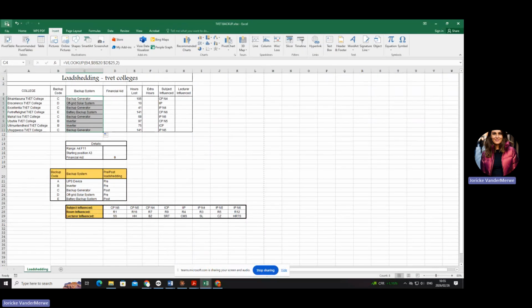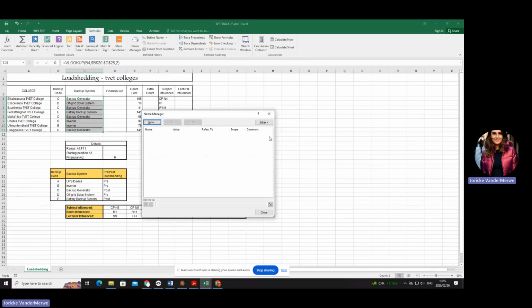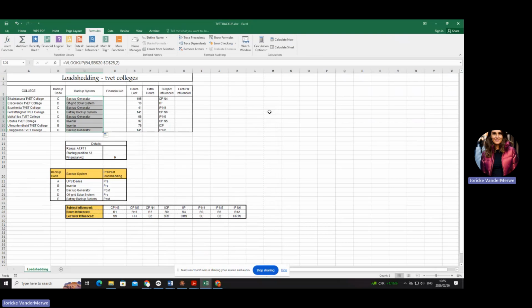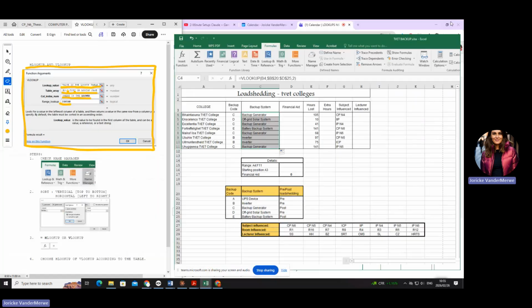Okay, now I'm going to make it bigger so that we can actually go through it without those steps. Okay, what is the first step to do in a H or a V lookup? You go to your formulas, you say name manager, you get a feel for your sheet. Maybe there's one there, maybe there's not. Make sure the value doesn't give you an error. Otherwise delete it and start over. That's the first step. What is my second step?